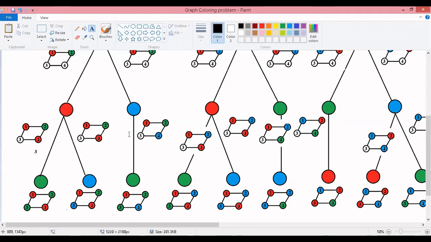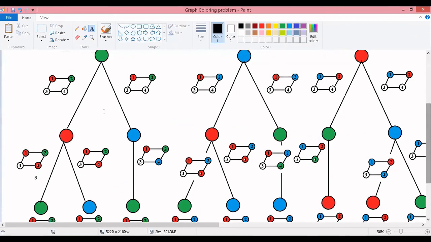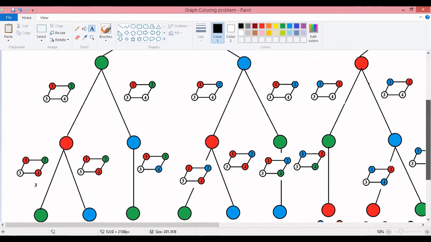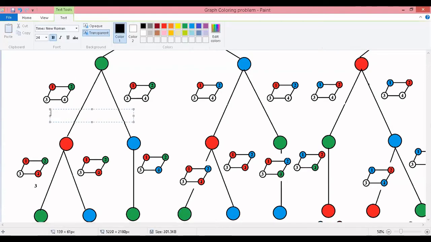Okay. Now come to this node. Here only 2 nodes are there. Here there is a green color, here there is a red color. So when you have colored the last node green, with the previous node being red, you compare it 3 times. Why? Because only 3 colors are there. Now the same thing here. What will happen? Here it is 6 times.